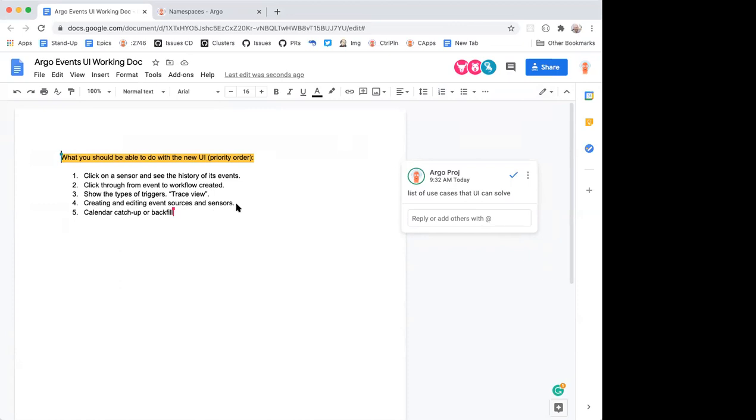So the first one comes from the Argo Events Slack channel. The first request was to be able to see a sensor and the history of its events. I think there's a case here to explain why a workflow was triggered. I don't think I've written it down in here. I think that's the underlying question: why did something happen as a result of a sequence of events inside Argo Events?